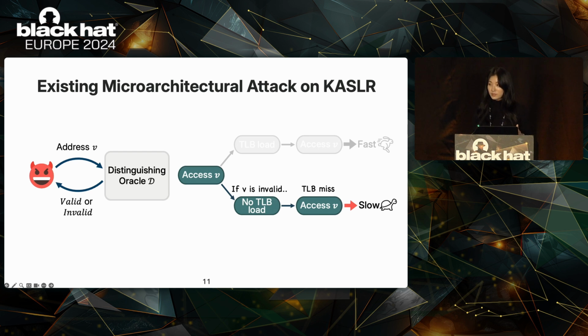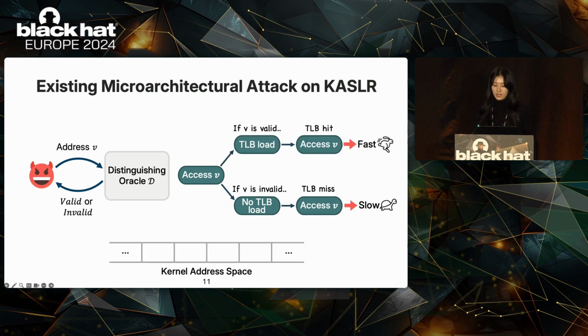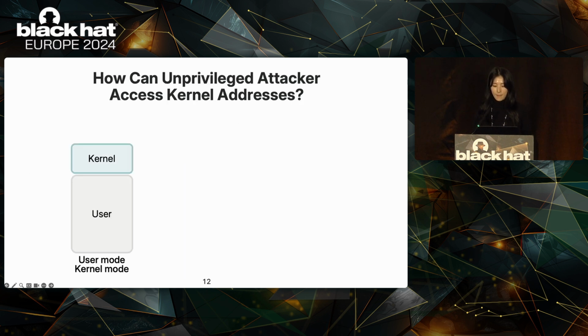So when we try to access V again, the address translation has to happen all over again, making it noticeably slower than accessing a valid address. This timing difference lets us figure out if an address is valid or not. So by checking all possible kernel base addresses, we can eventually find the correct kernel base address. This is possible because kernel space and user space are mapped into the same address space. In other words, they share the same page table. So by cleverly suppressing exceptions using prefetch instructions, TSX, and so on, we can create an oracle for the kernel